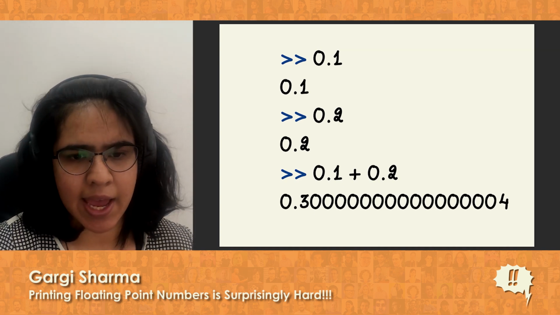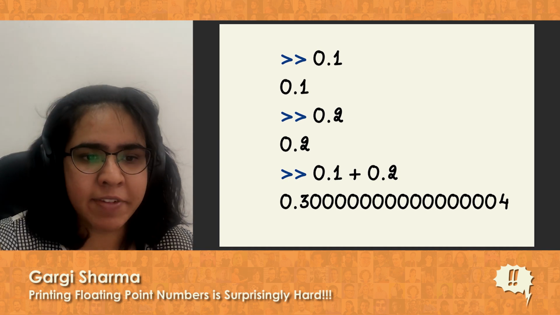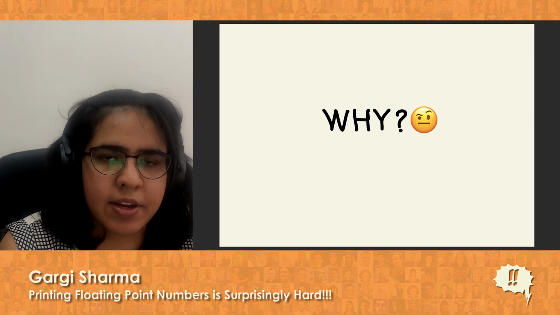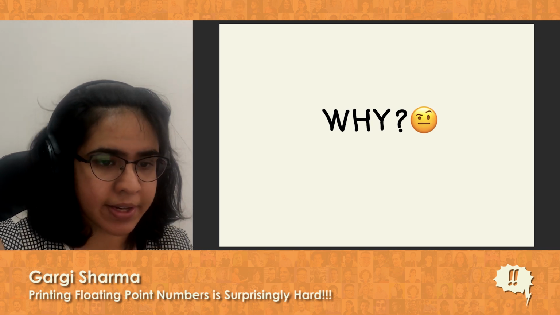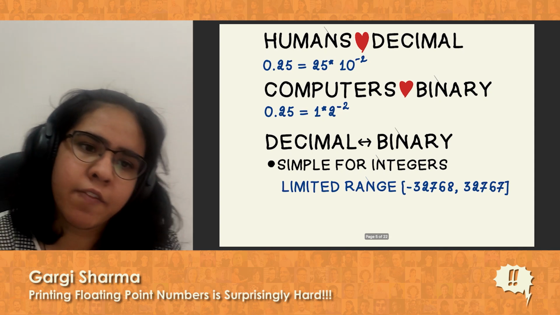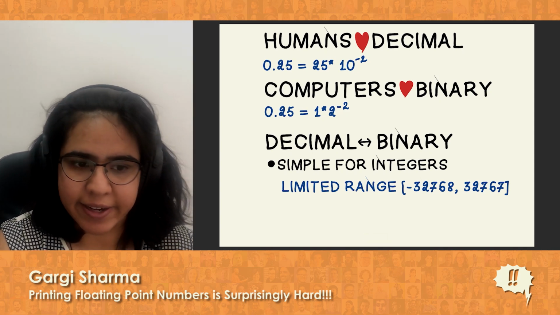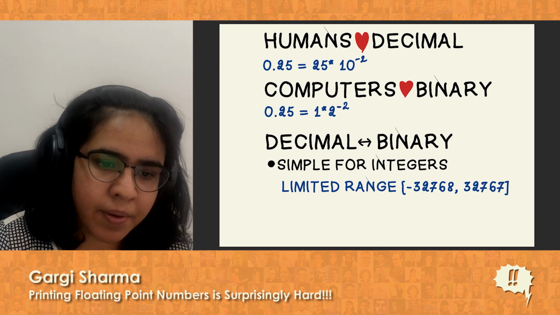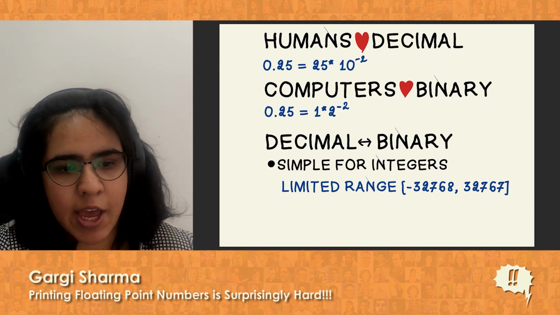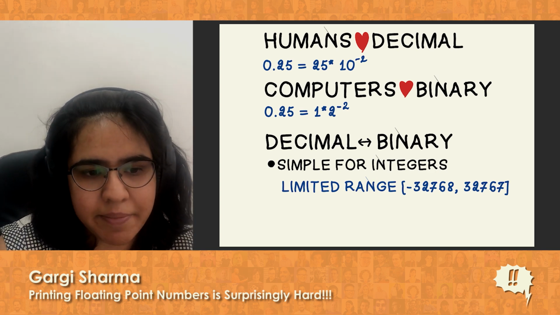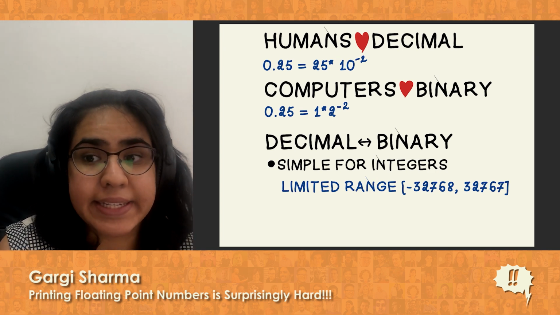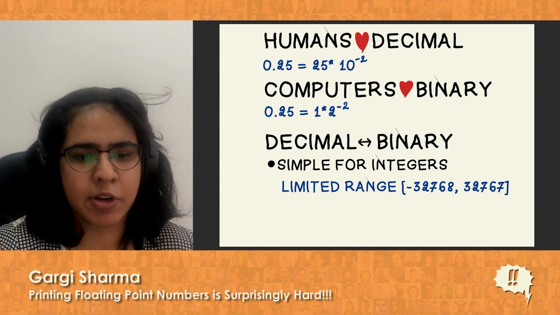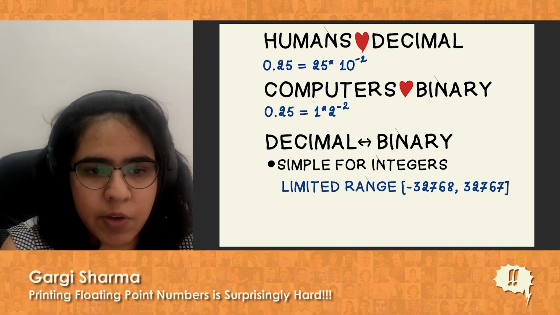So what is that? Humans love decimal, so if you have 0.25, you can represent it as 25 times 10 raised to the power minus 2 in decimal. And computers love binary, so if you have 0.25, you can represent it as 1 times 2 raised to the power minus 2, and you have an exact binary representation. And decimal to binary is simple for integers because you have a limited range. But if you have,